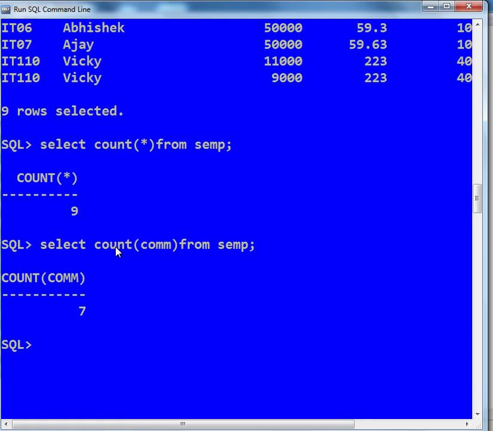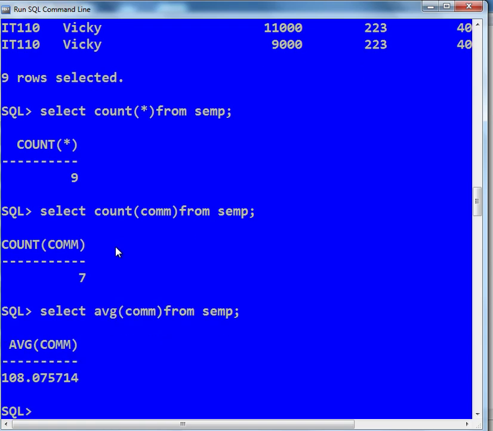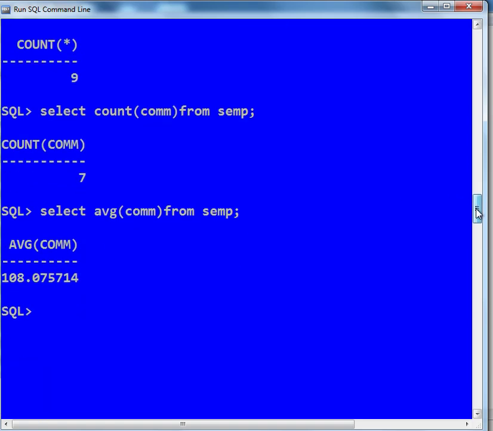Now just look at this: select average of commission. Suppose I want to know the average AVG of commission from SEMP. So this is the average of the commission column.